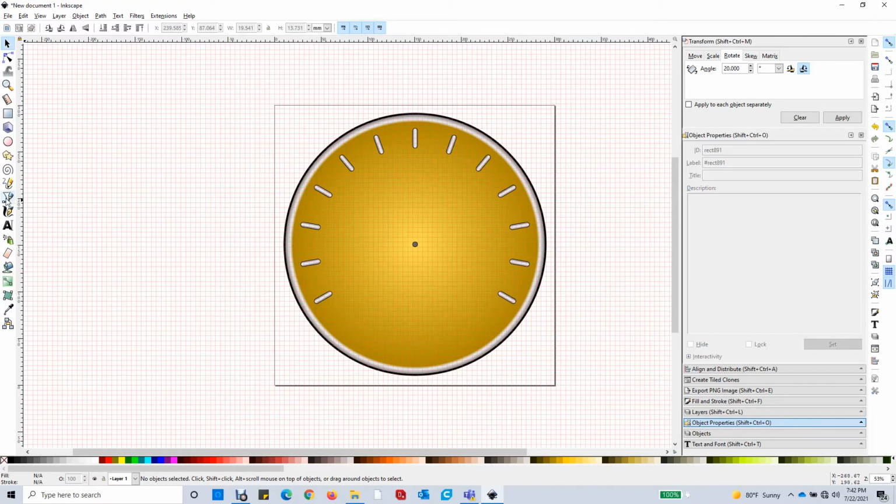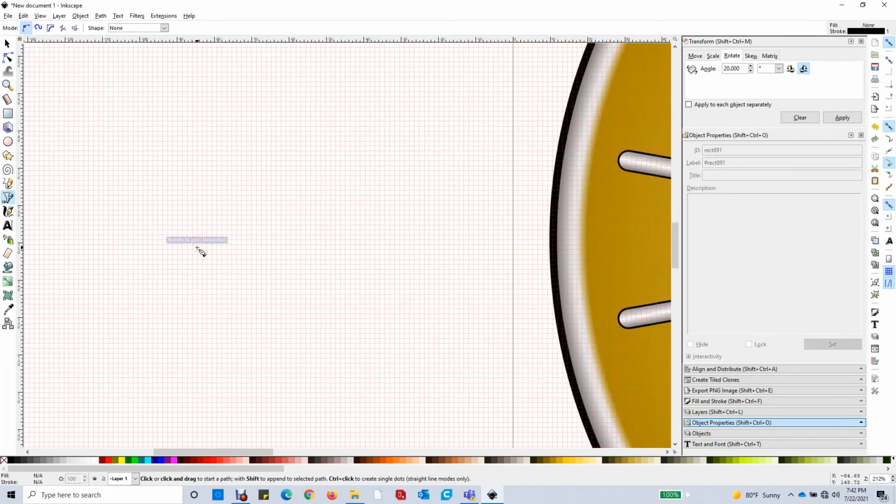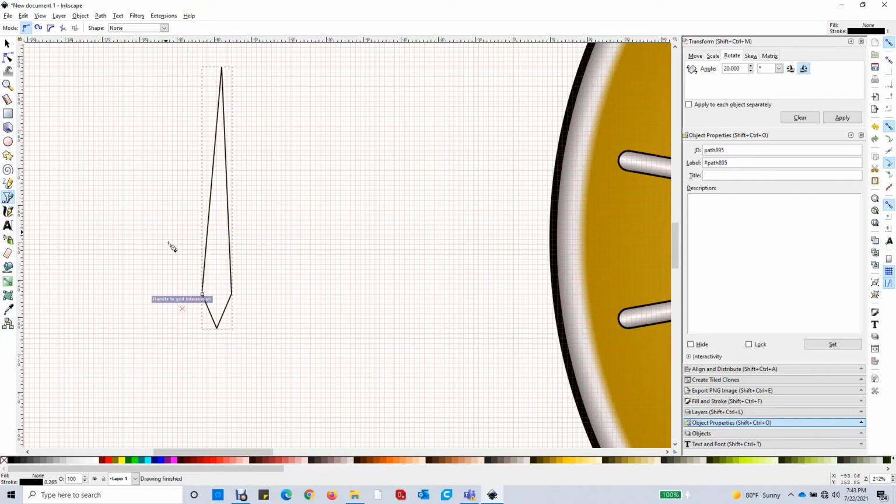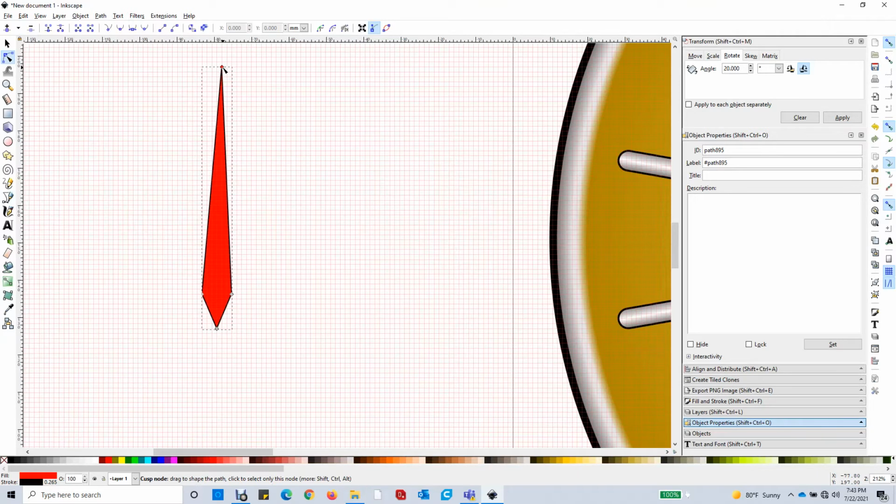So we'll come over to this tool and I'll zoom in a little bit and go from here to here to here, and we'll come up, like here and then here, right? And I'm done. Right click, so I'm done. Then I'll pick a color. I'll pick this color and say, yeah, that looks pretty cool, except that this tip here is a little bit off. So I'm going to click on this and say, you need to be there instead of there. So now I've got a pointer.